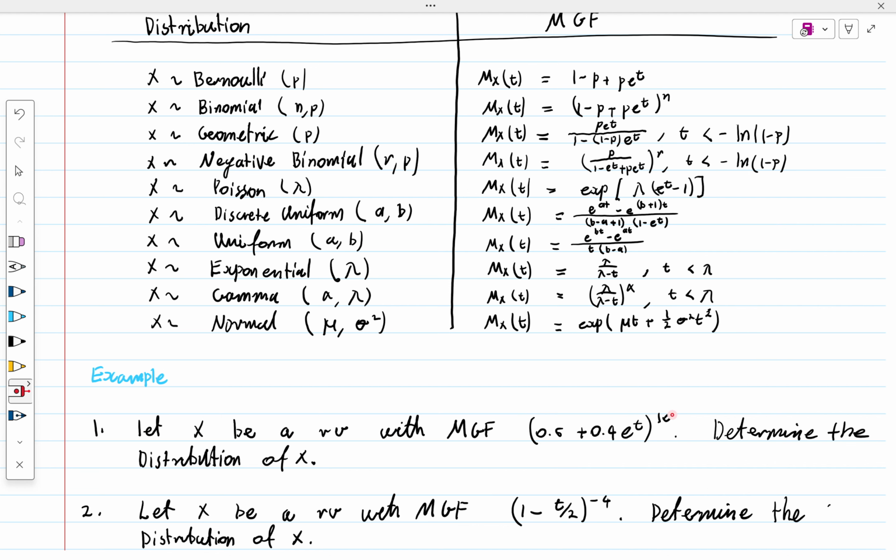Okay. First thing I notice is I've got a power of 10. So I'm going to look for things with a power. This has a power. This one has a power. And this one has a power. So that could be interesting. It could be any one of those. Then I notice that there's an e^t in the expression here. And the only one with an e^t in the expression out of the ones I just circled is the binomial